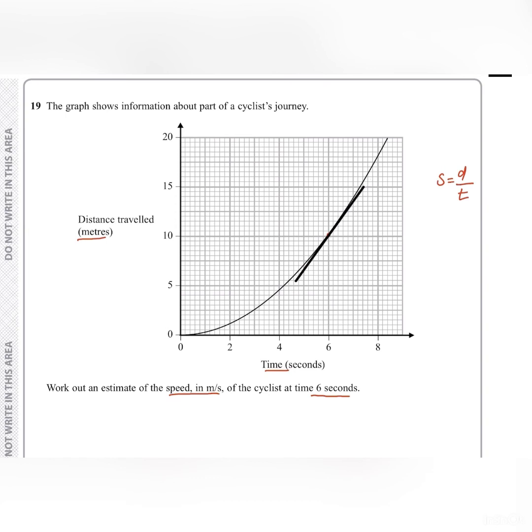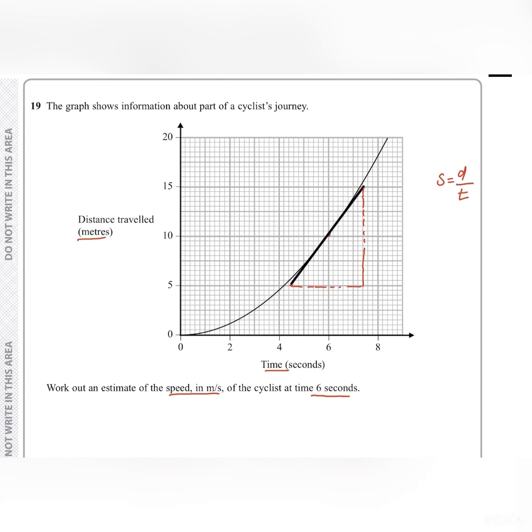So I'm just going to go as far as that, and you can use a ruler and a pencil to do this, and feel free to change if it doesn't look right. So I'm just going to leave the tangent there. And if I now look at the gradient, so draw a triangle, and let's try to find the gradient of